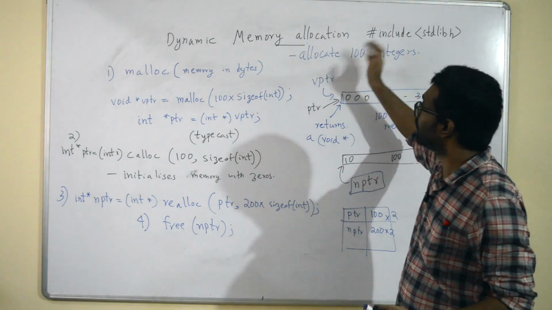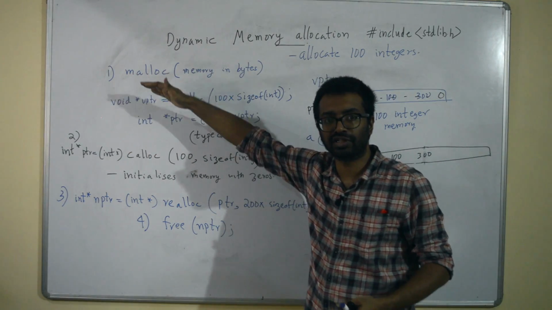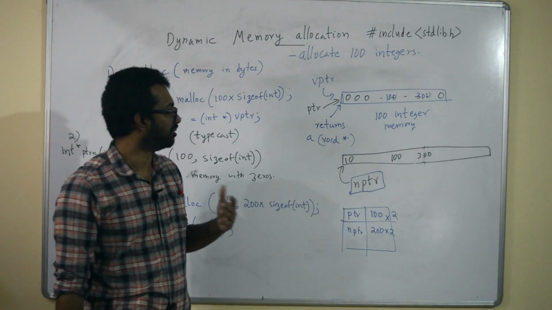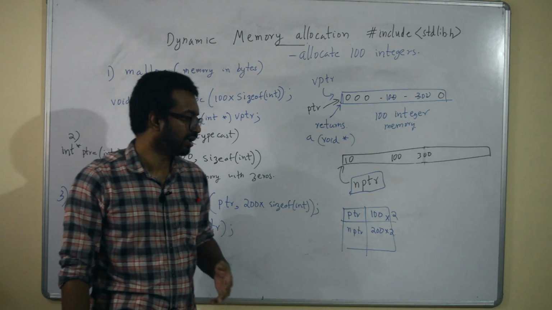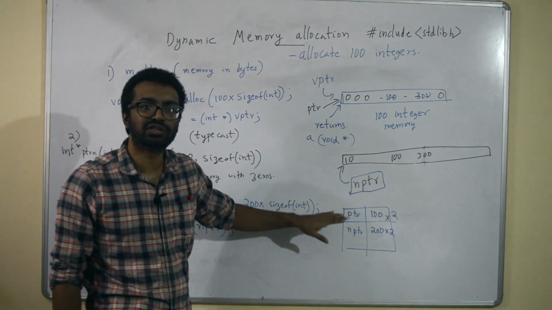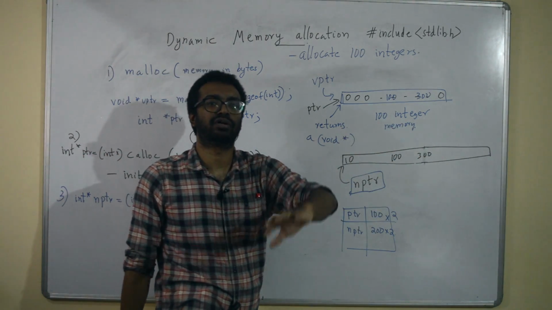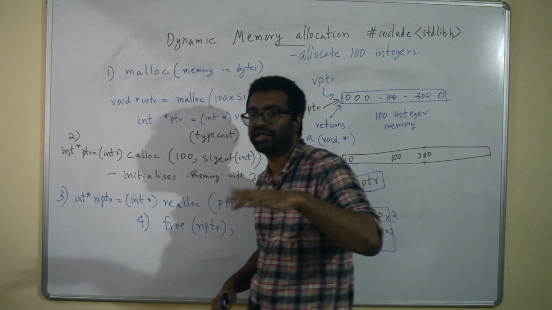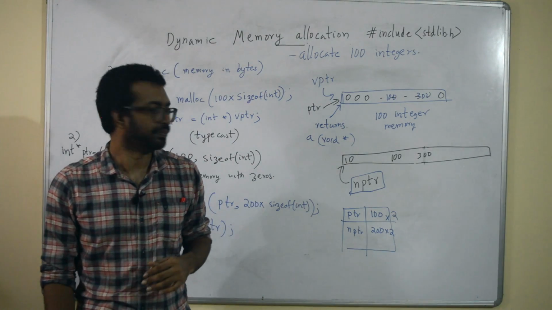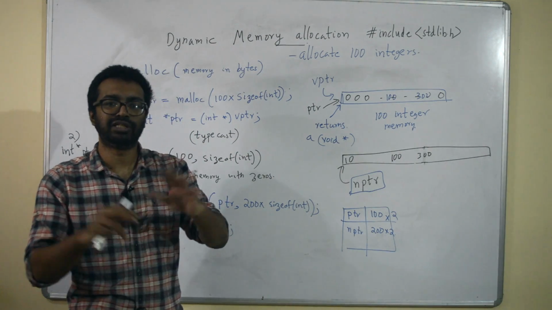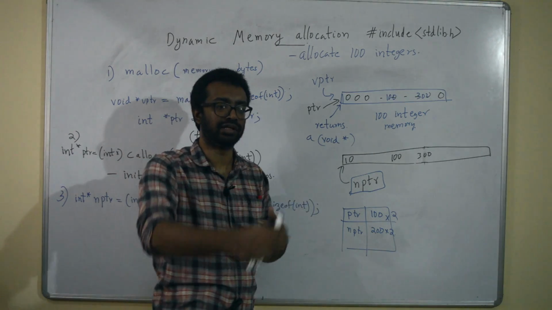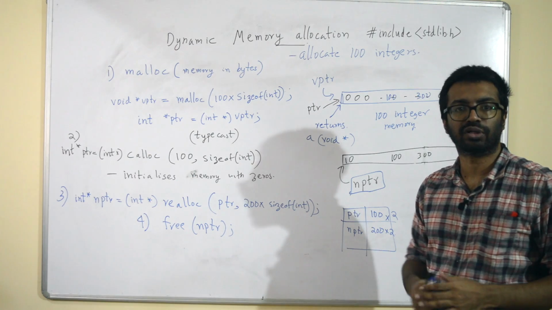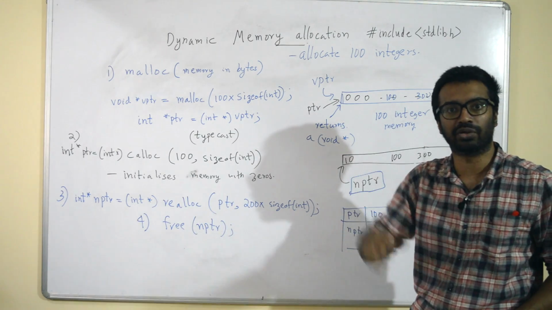So when you call this function, it's internally coded inside that function that this table has to be maintained. When you call free, it looks at this table and removes the entire memory. It now knows how much memory needs to be freed, and it will free that. Okay, so this is basically how malloc and free work internally. Just wanted to give you an idea of that. Okay, so these are the 4 important functions for dynamic memory allocation. Thanks.